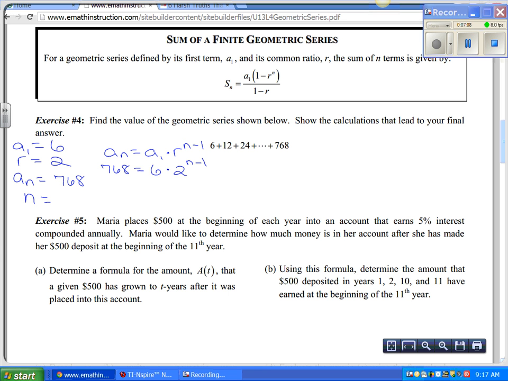All right, how are the 6 and the 2 attached? So can I subtract the 6? We have to divide. Now, can I multiply the 6 and the 2? Why? Yeah, the 2's got that exponent of n minus 1, so can't do that either. Okay, so what do I need to do? How do I get rid of the 6? Divide both sides by 6, which gives me